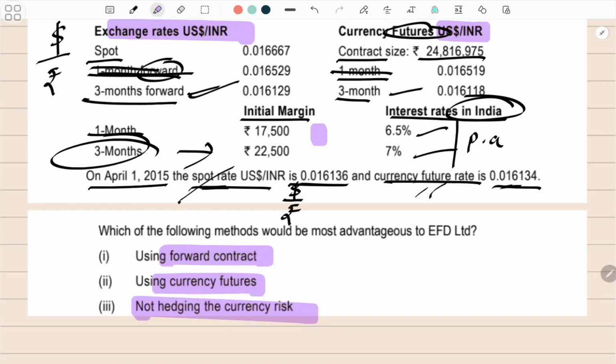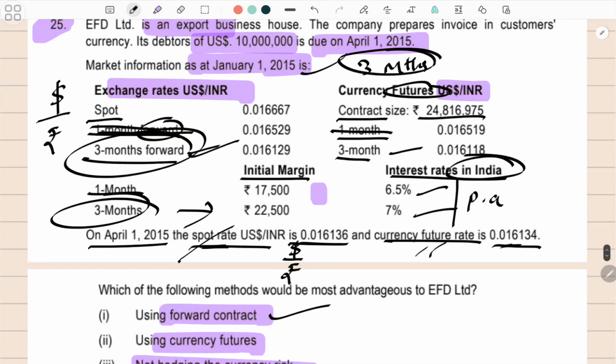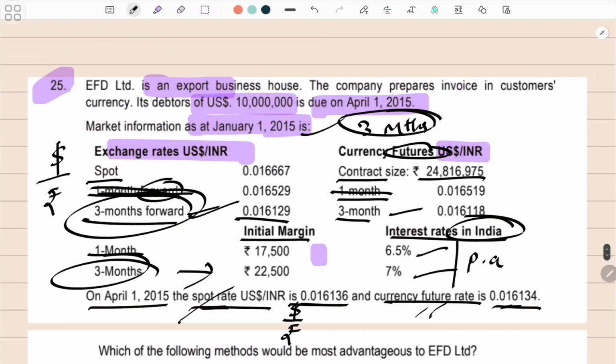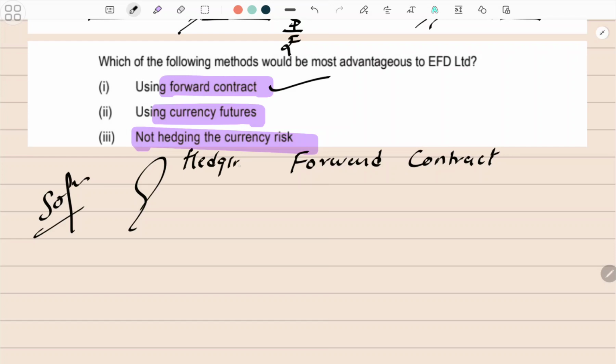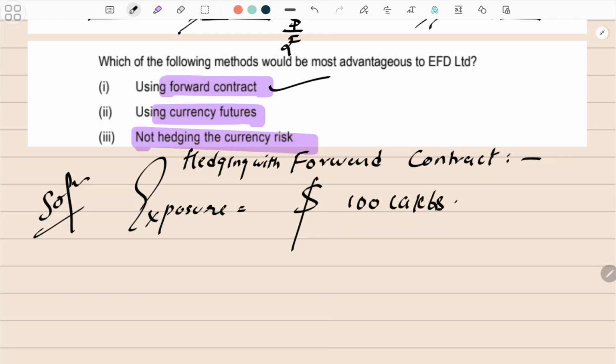So let's start with the forward contract. It's very easy. It's just one step. See, we have the 3 month forward, this amount, this rate, and the exposure is $100 lakhs. Right, so the solution starts. We are doing the forward contract first. I'll write the full thing, hedging using the forward contract. Okay, so my exposure is equal to $100 lakhs and the 3 month forward rate is equal to,